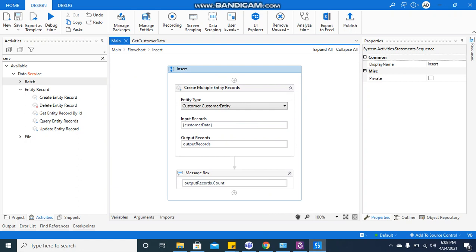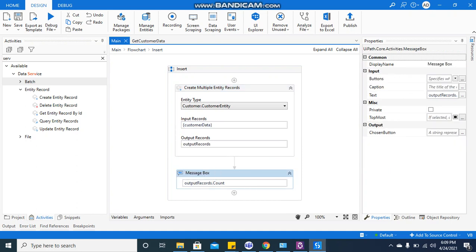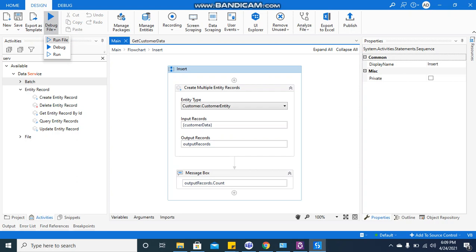For that, you need to drag and drop this Create Entity Record, and then select the customer entity. If it is not there, you can browse for types. There I have given the customer data, the variable that we have created. This is the output record to check the count. Now if I run this,